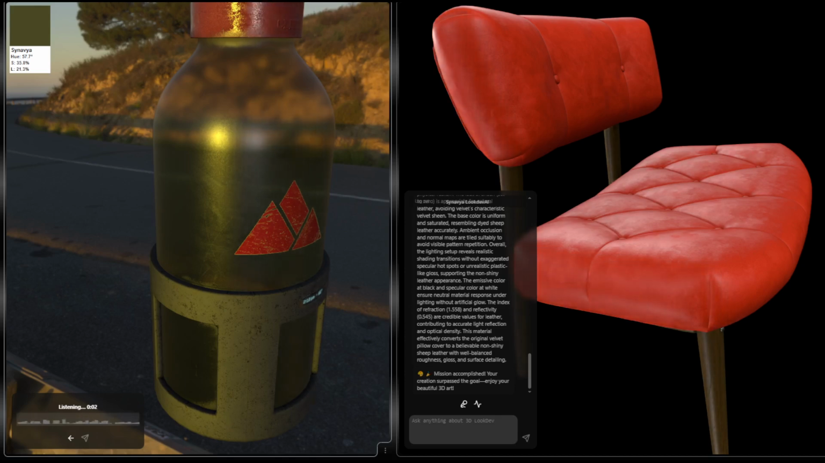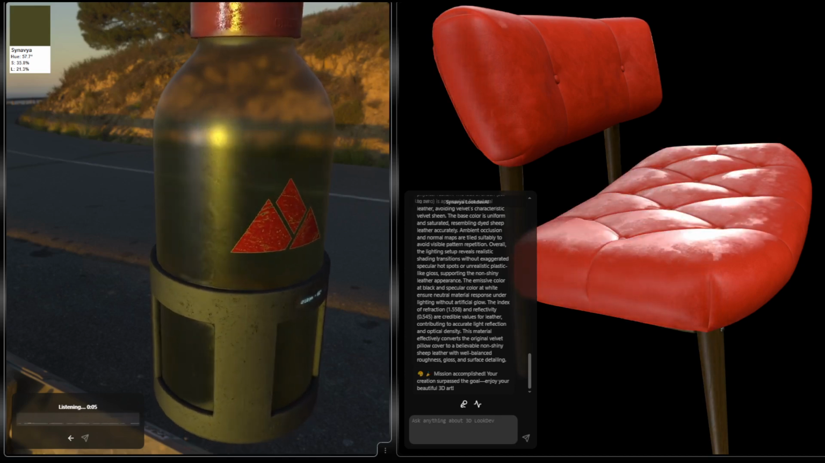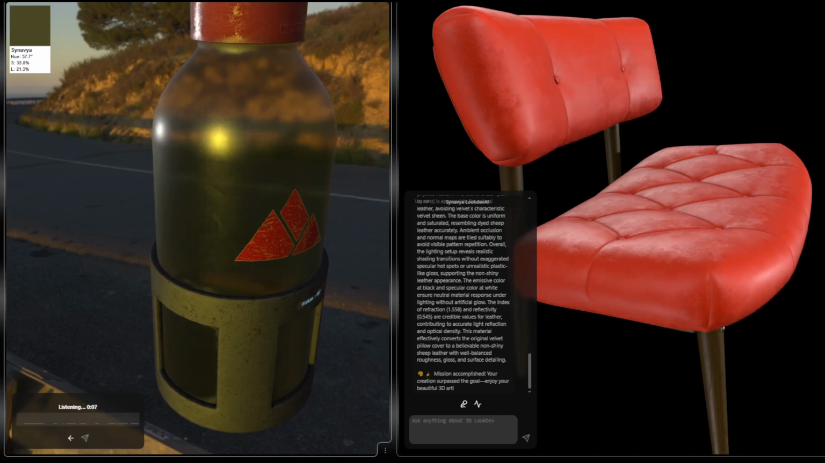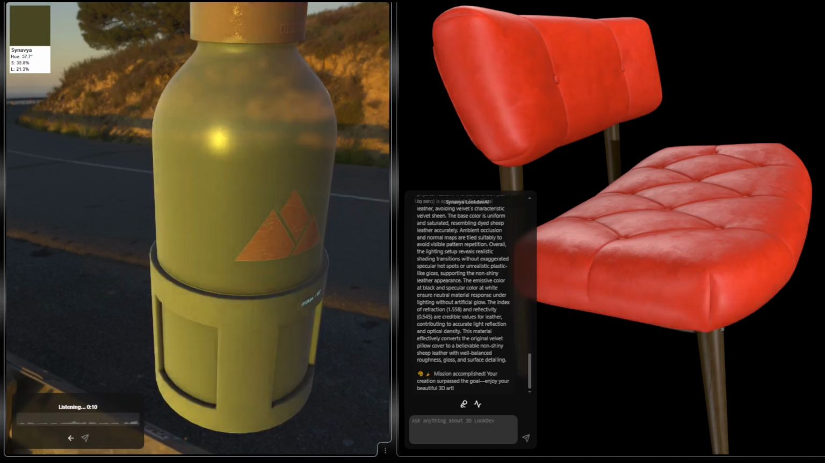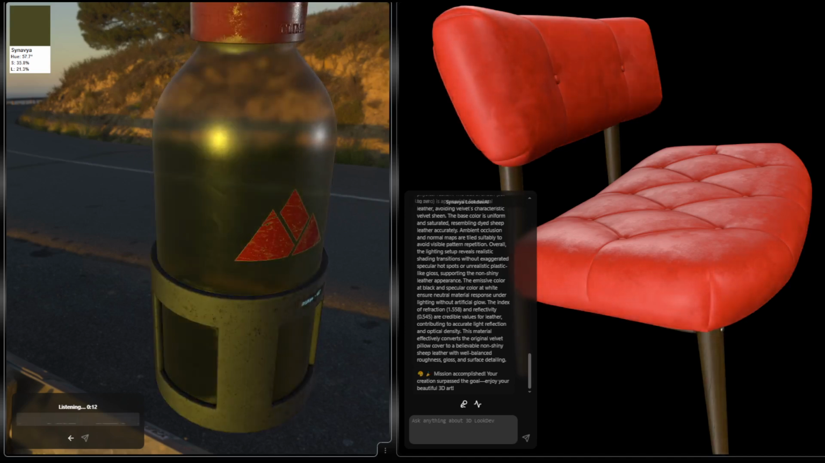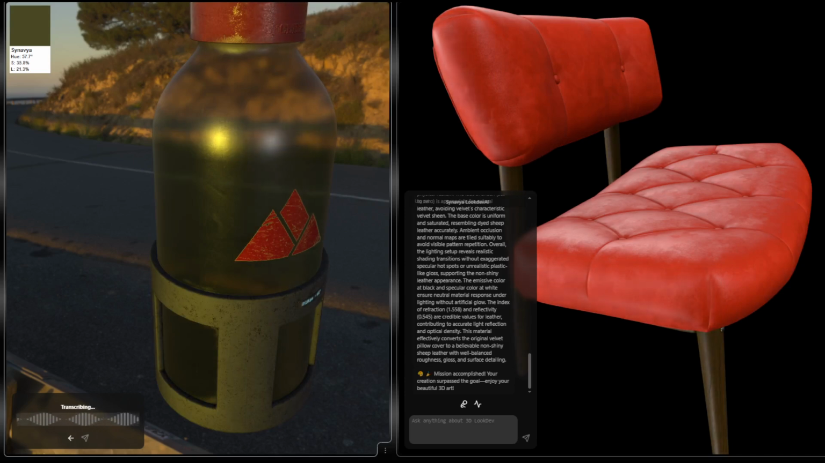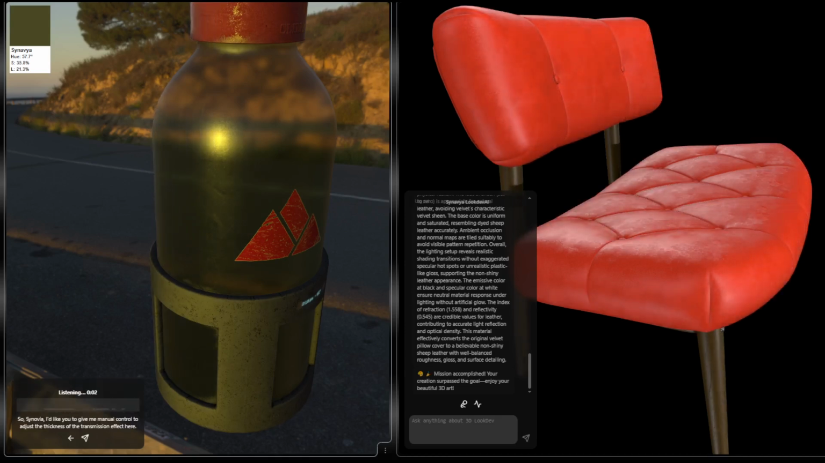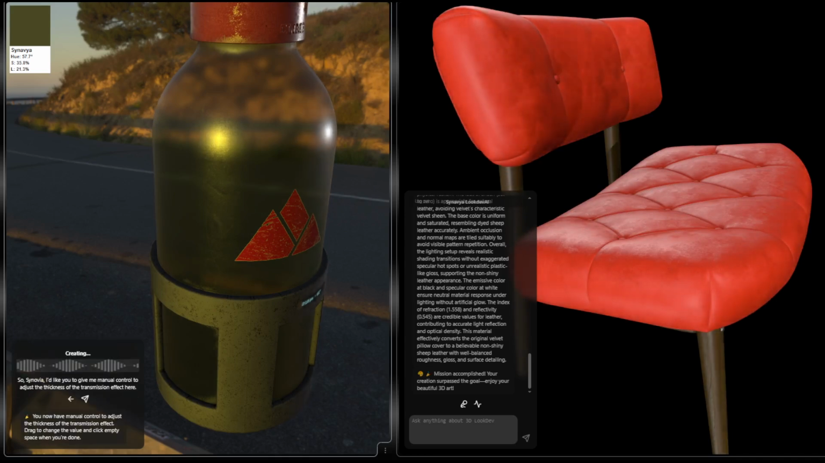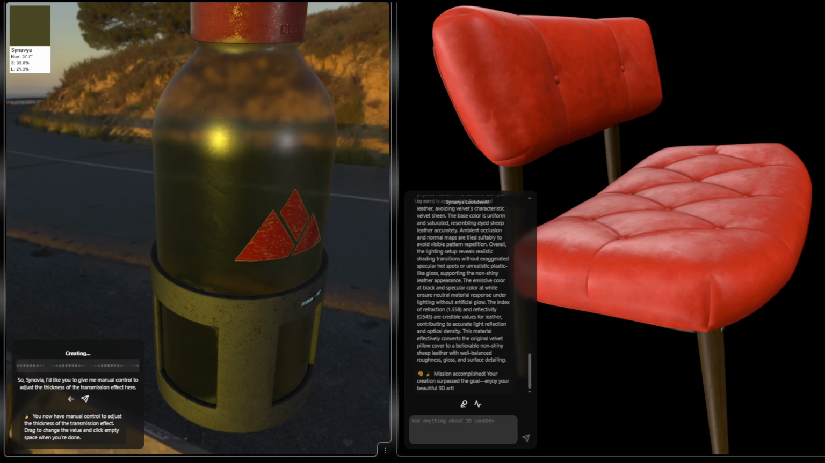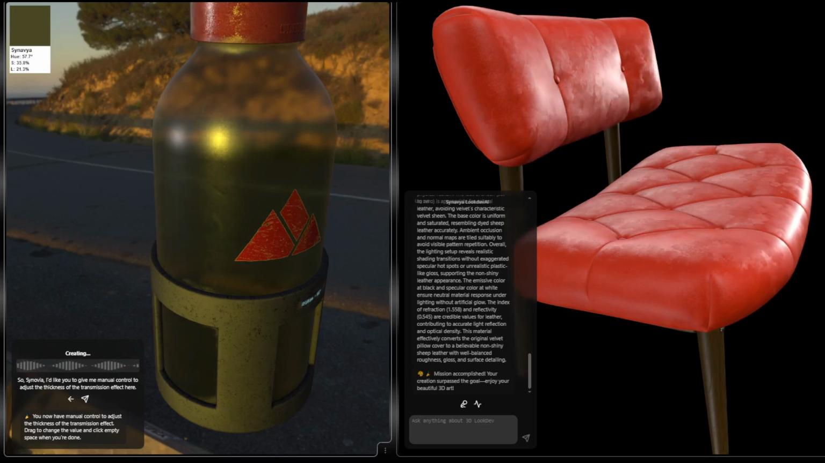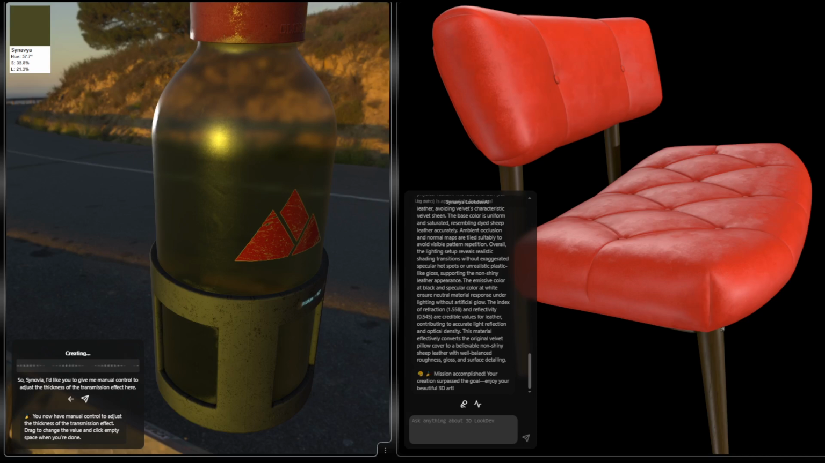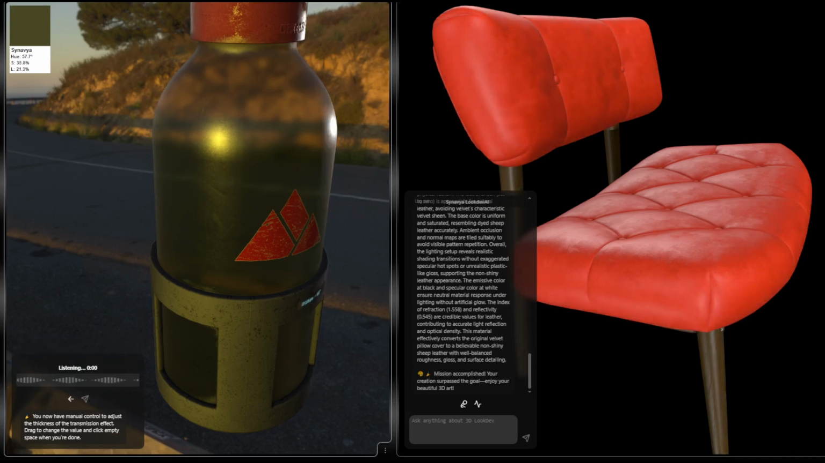Synavya, I'd like you to give me manual control to adjust the thickness of the transmission effect here. Okay, let's see. All right. You now have manual control to adjust the thickness of the transmission effect. Drag to change the value and click empty space when you're done. All right, so